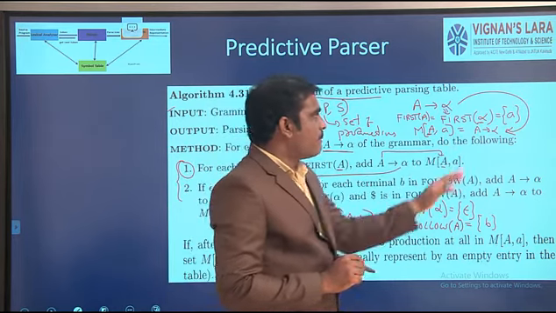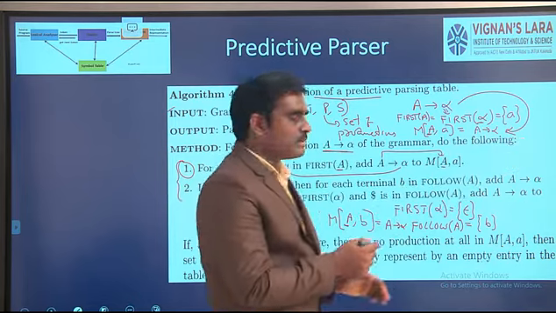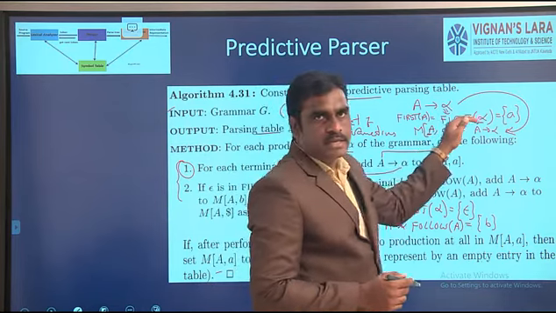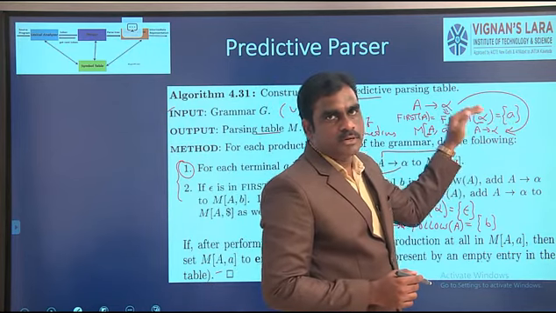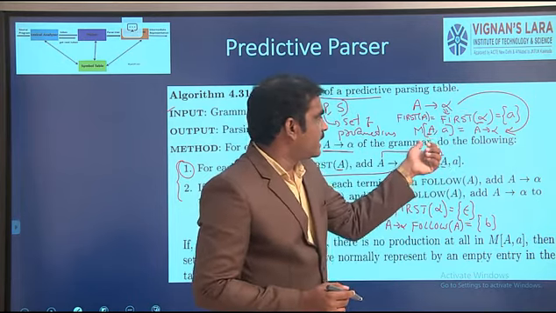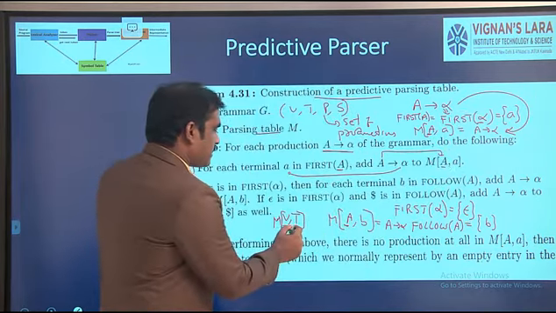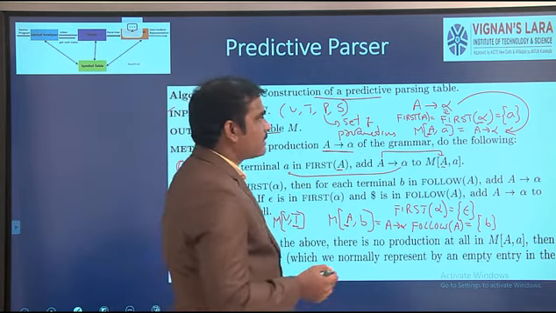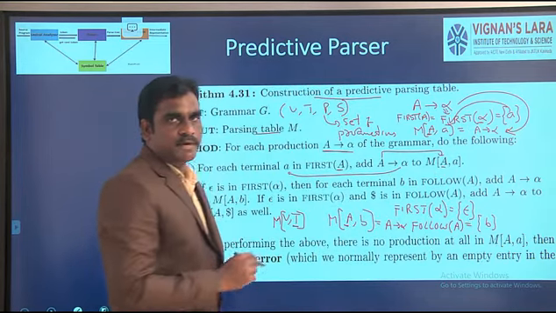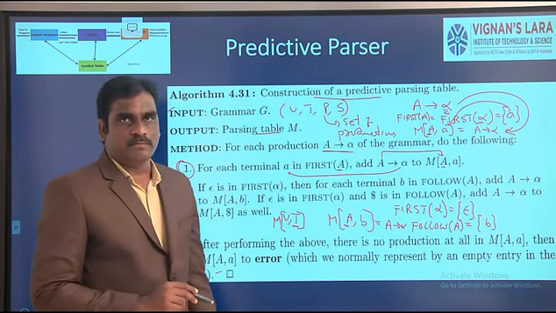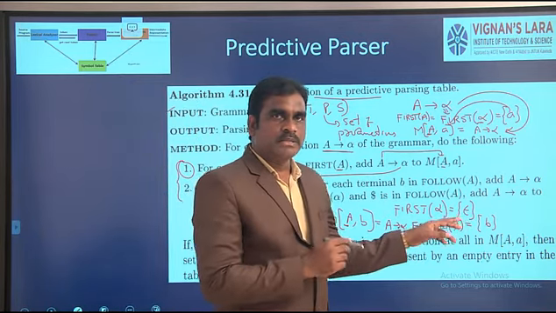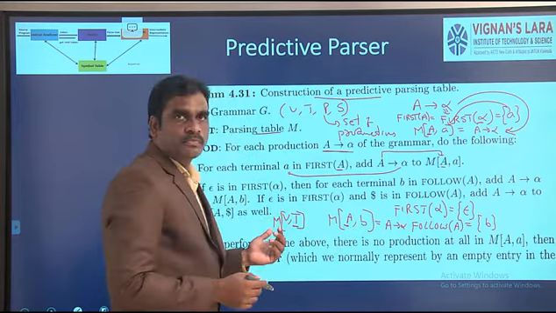The thing is, based upon the result, we have to choose either rule 1 or rule 2. Suppose the first of alpha does not contain any epsilon symbol, then we have to choose rule 1. What is rule 1? Entry of A comma, here the second symbol is the terminal symbol. How to select the terminal symbol means directly you can write this value, because the first of alpha does not contain epsilon symbol. Suppose the first of alpha contains epsilon symbol. At that time, we can go to rule 2.